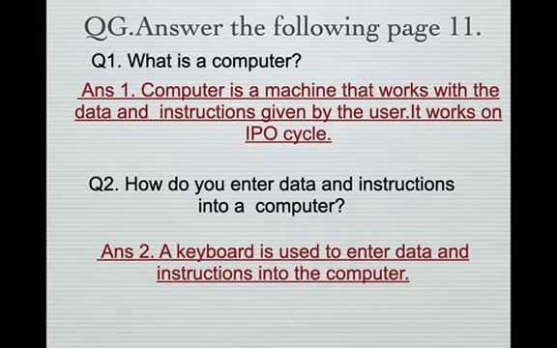How many keys are there? 104. And they are used to enter the data and instruction in the computer. I would really like to specify that when it is asked which devices are used to enter the information or data, we can give input devices, right?